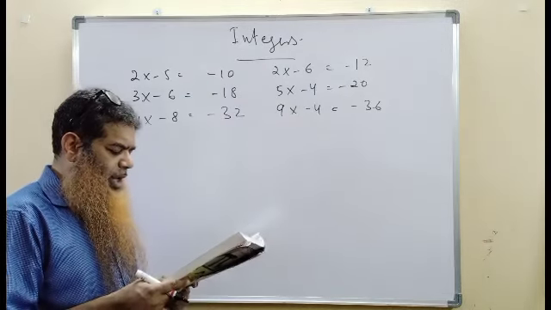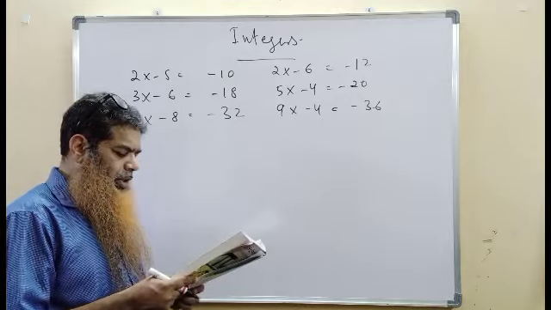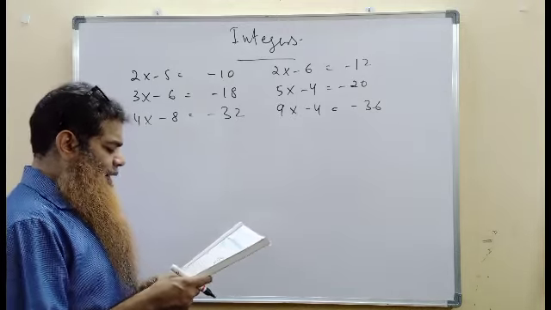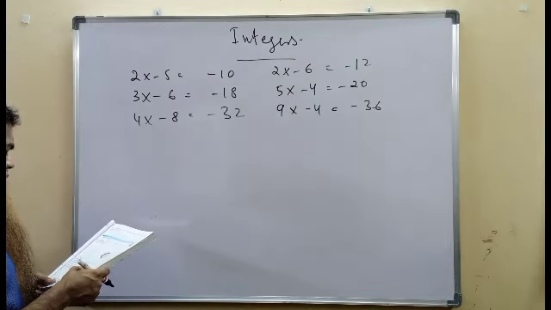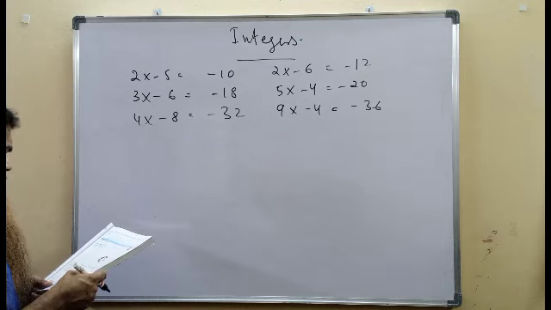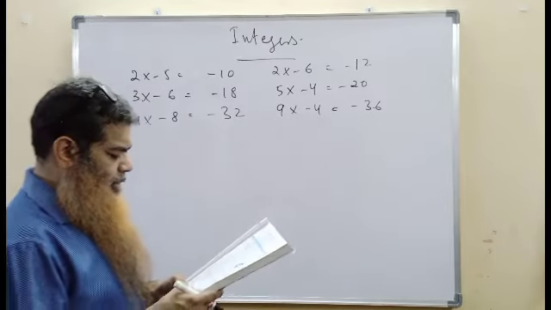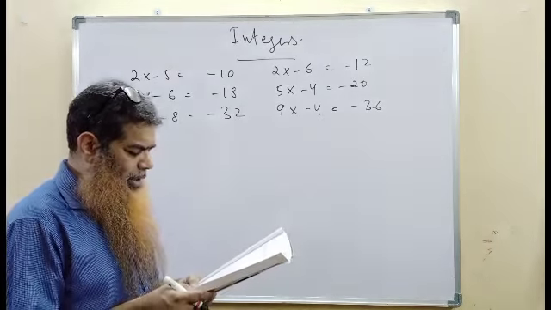You see that as the multiplier decreases by 1, the product decreases by 3. Thus, based on this pattern, minus 4 into 3 is equal to minus 12. We already know that 4 into minus 3 is equal to minus 12. Thus, minus 3 into 4 is equal to 3 into minus 4 is equal to minus 12. Observe the symbol of the product as the negative sign differs in the multiplication.